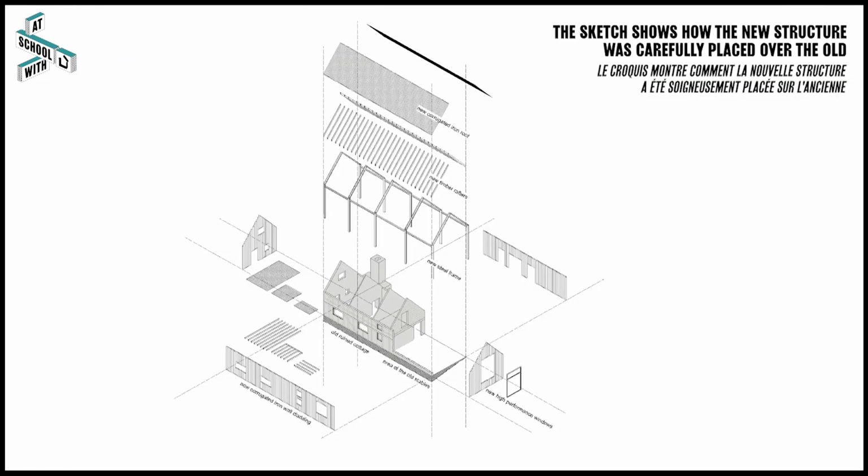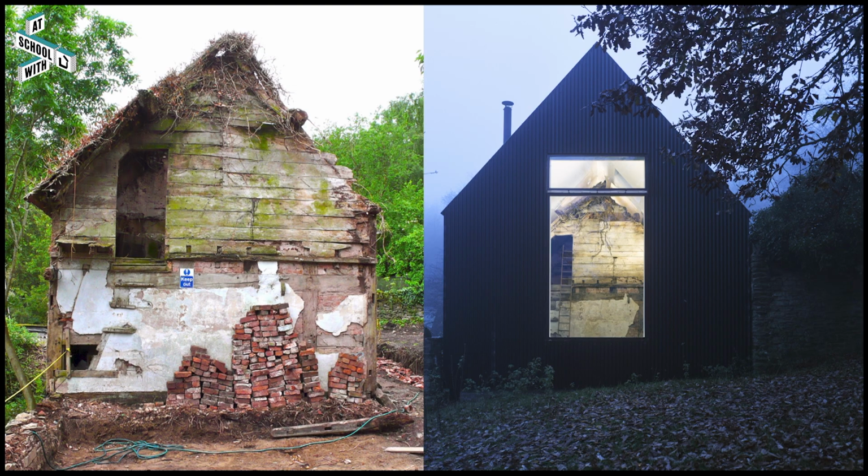The black corrugated steel exterior with the crisp white interior not only preserved and arrested any further decay, it provided a powerful contrast to the crumbling, ruined structure. The new building is a studio for the designers and has the capacity to be transformed in the future into a home containing a kitchen, bedrooms and bathrooms, a circular approach to its future life.